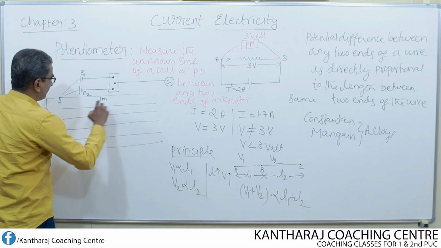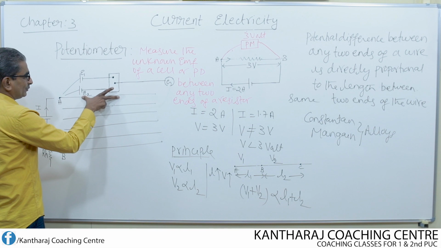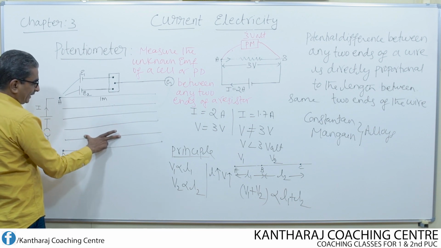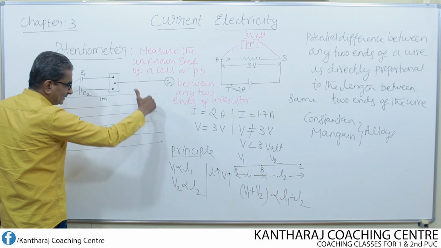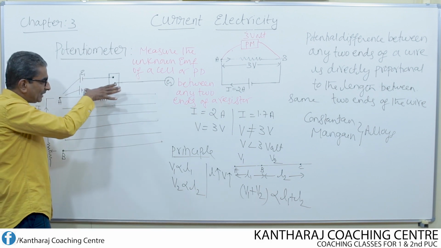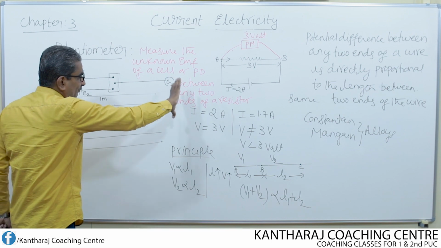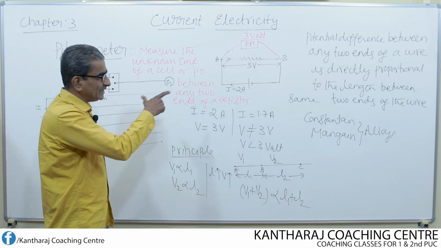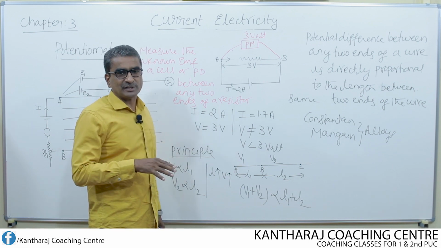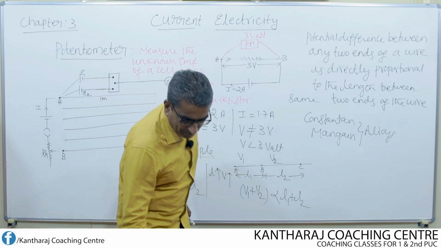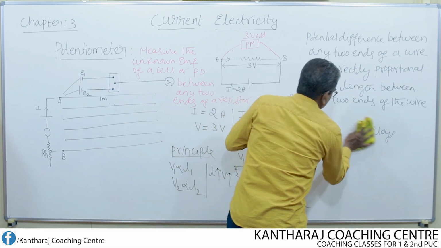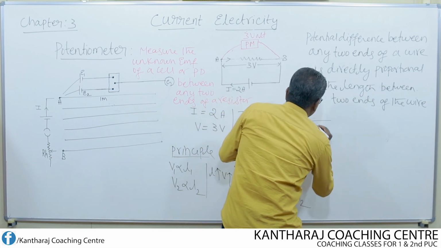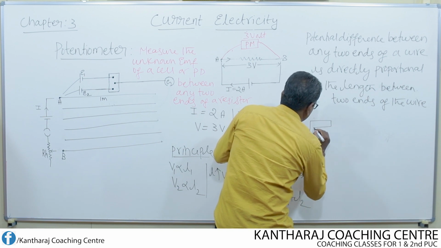Look here, this is one wire of length 1 meter, one more wire, wire 3, wire 4, wire 5, wire 6. Like this we can arrange any number of wires parallel to each other on a long wooden board of length slightly greater than 1 meter, just as we have seen in case of meter bridge. Remember, even in meter bridge, only this much is considered as meter bridge.